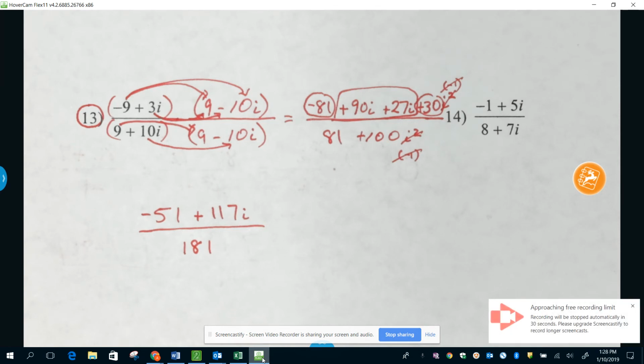And then I'd have to use my calculator to see if those 3 reduce, but the video is just about out of time. I'm not sure if they're all going to reduce. So we're going to